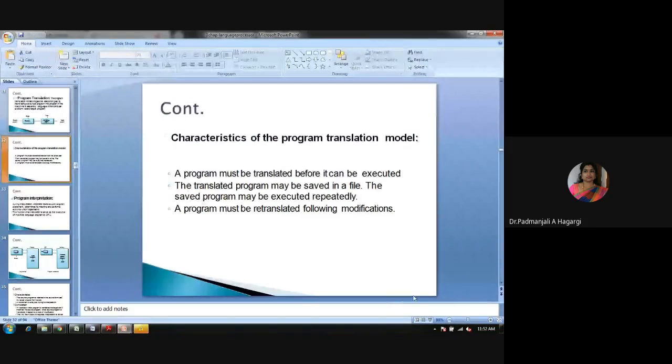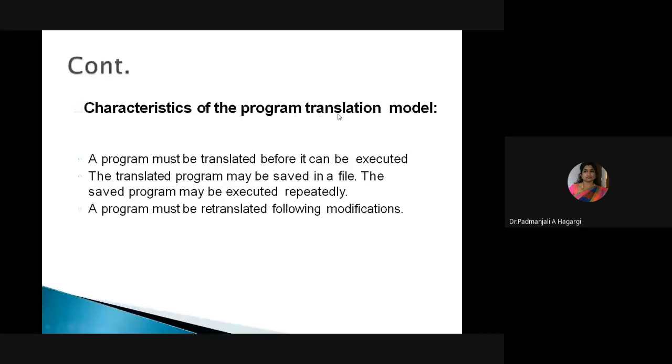Once again, the characteristics of the program translation. Compilers and assemblers, and even linkers and loaders, are called translators. They themselves have specific models. Like a compiler takes the source program and, after rectifying the errors, generates the machine language or assembly language. The translated program may be saved in a file,